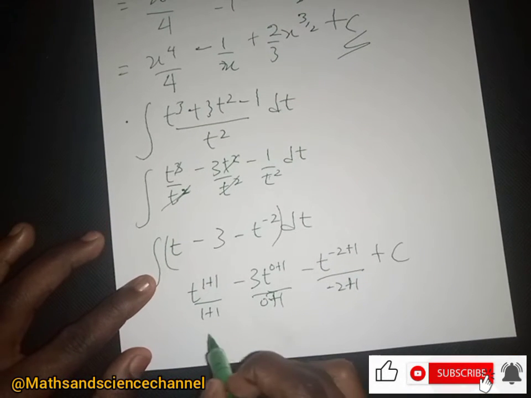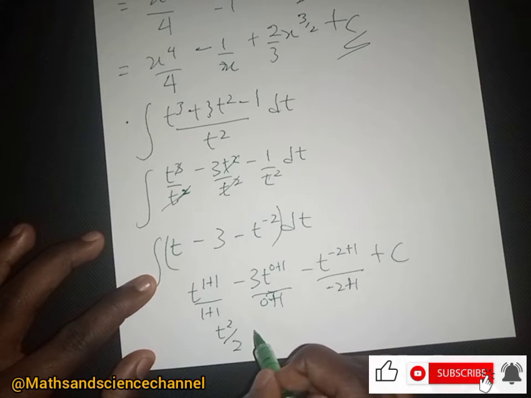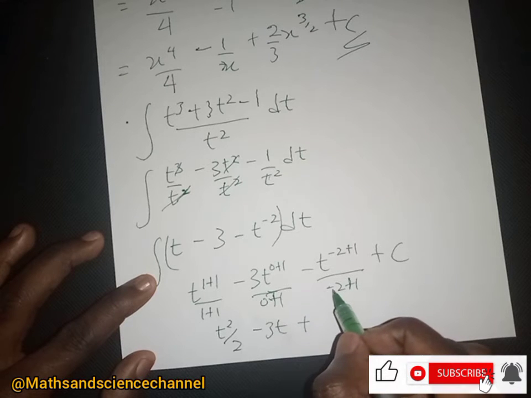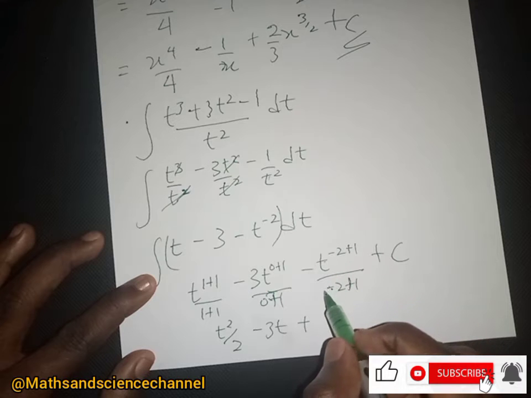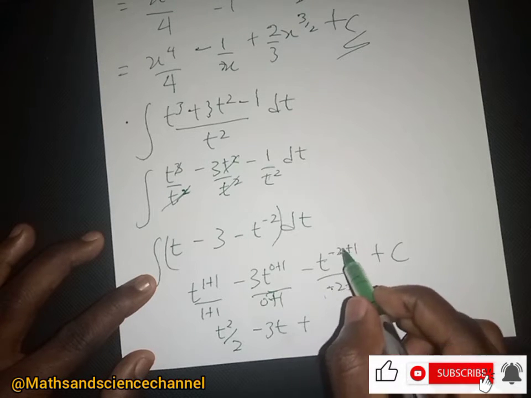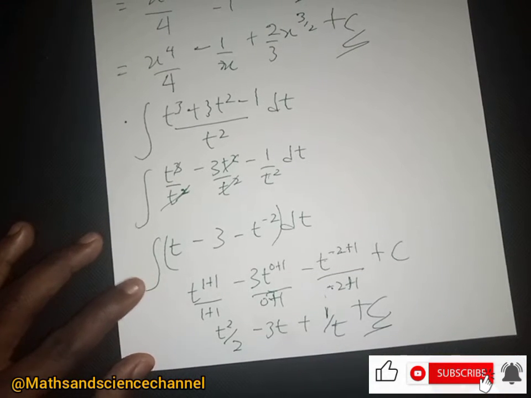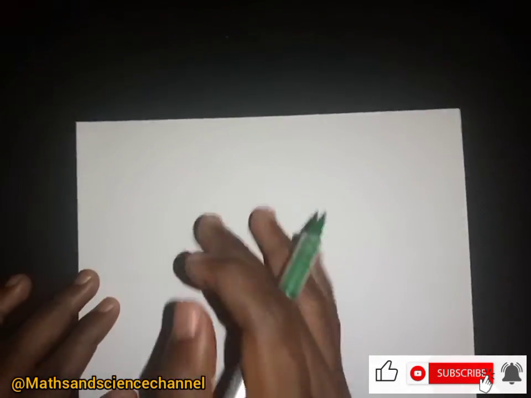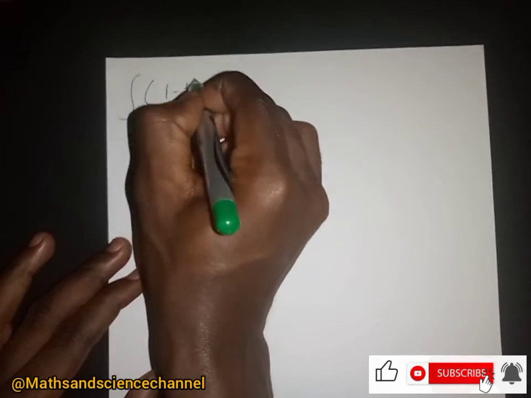So doing this, we have t squared over 2, minus 3t, then we have minus t, so we just get minus 2 plus 1, we have t to the power minus 1, which is just 1 over t plus c here, right? Then we can still do more integration, so we can have another one here, 1 minus t to the power